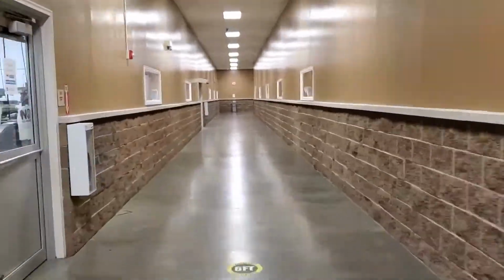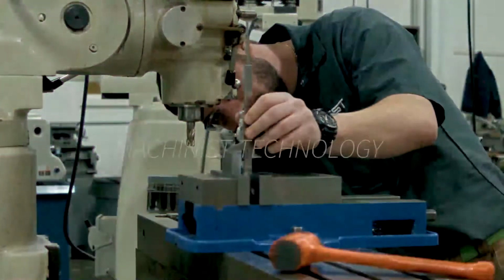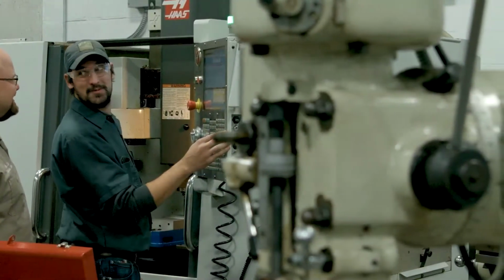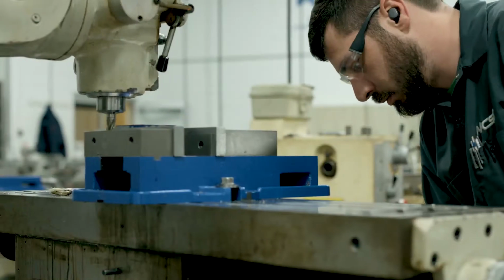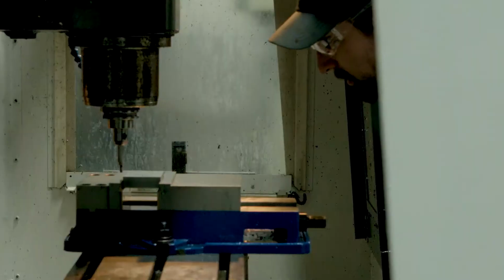The Machinist Technology program is geared to provide students with the abilities, skills, and techniques for entry-level positions in the field of machine trades. Students will train with manual lathes, mills, drill presses, CNC lathes, and CNC mills while completing